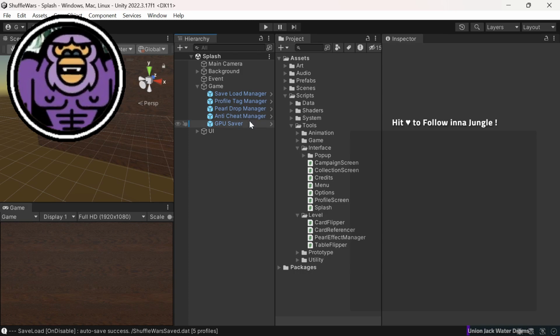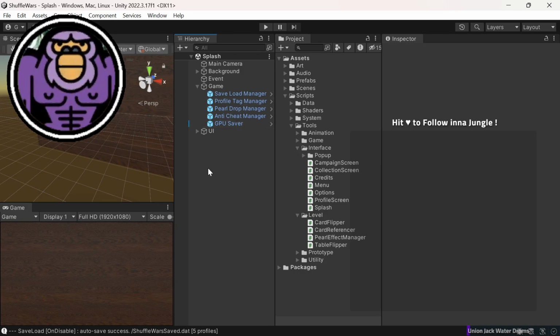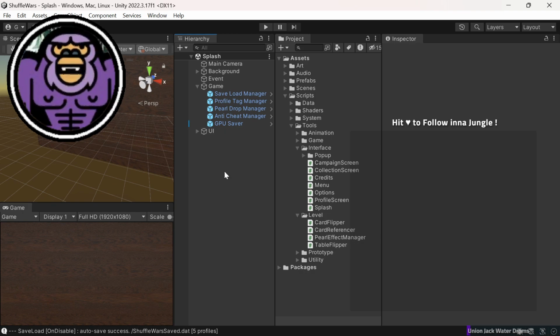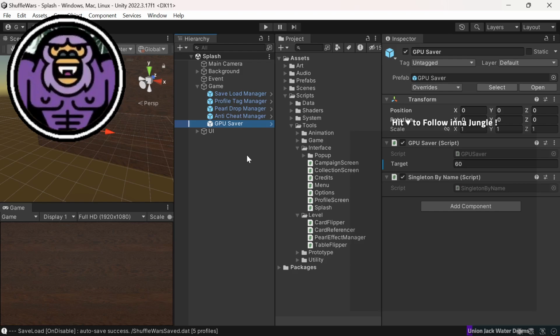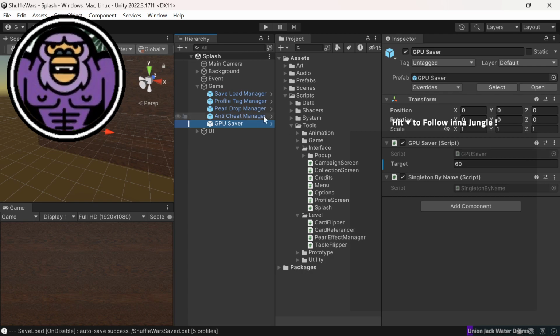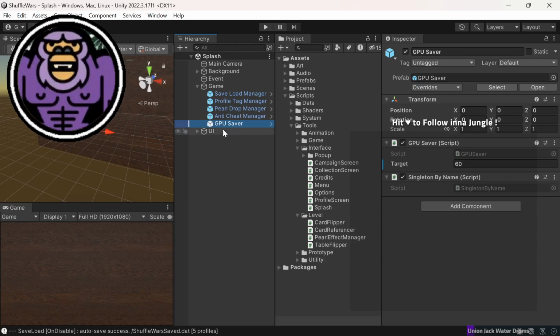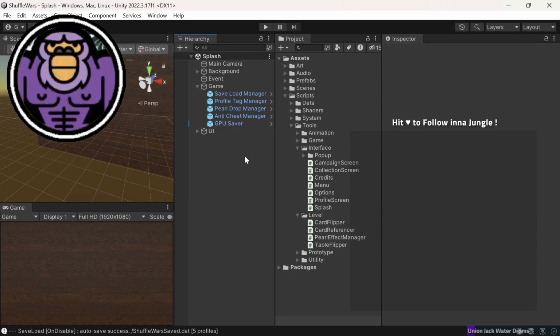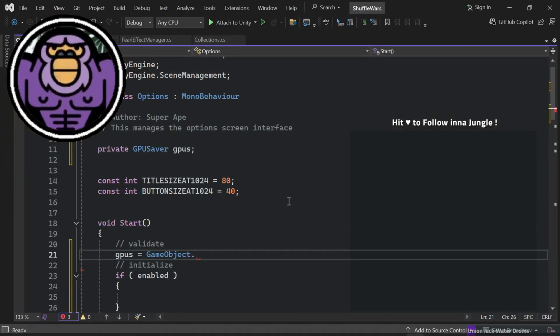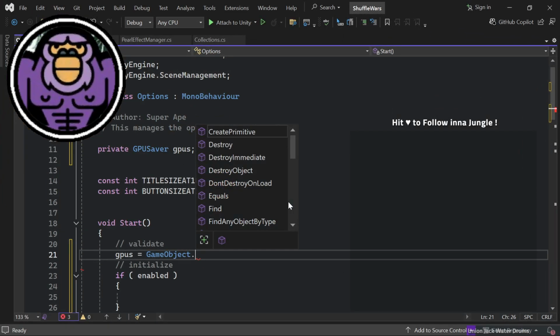These tools literally unparent from this little folder, and then they all have a pattern of singletons. I guess I don't need to describe that too much, but there can be only one, and they are also made to travel from scene to scene to scene. So it starts here in Splash, and it never goes away, and there's only one. Even if you go back to Splash, there's only one. It makes it a convenient thing, so I can guarantee that it's going to be there, but in case it is not,